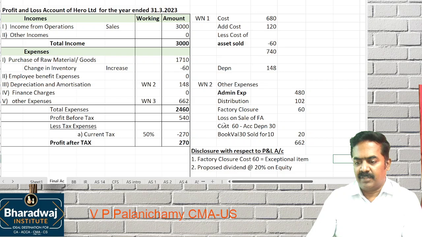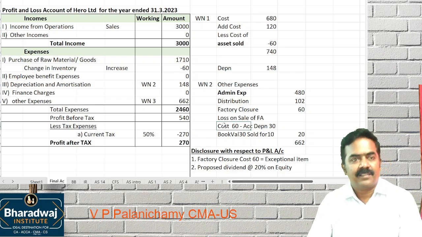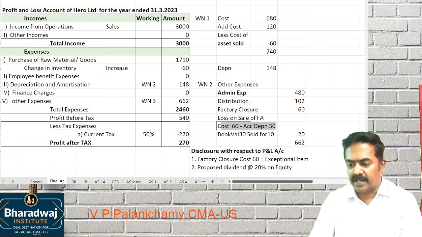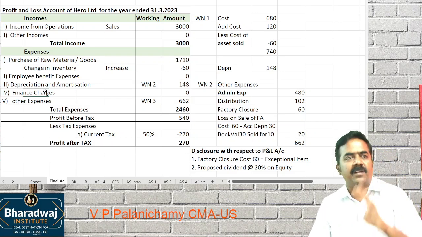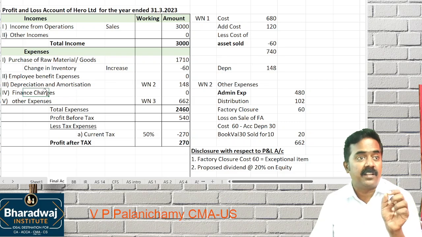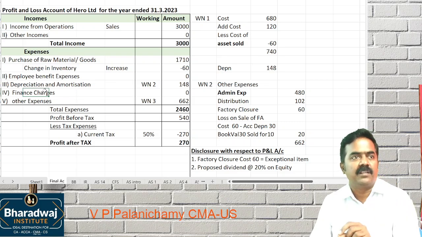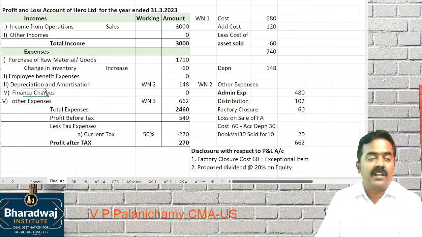See, we sold the asset, not the product. So cost of the asset sold is 60, accumulated depreciation 30. What is the book value of the asset sold? 30,000. It is sold for a loss. The loss is only recognized in the income statement, same like any other financial accounts. Okay, you prepare a P&L account. In that, will you record sale of machinery in the P&L account? Profit or loss only. So here it is a loss on sale of asset.